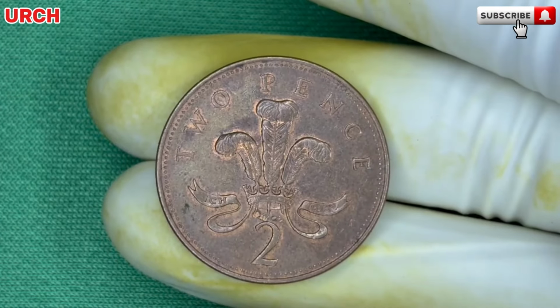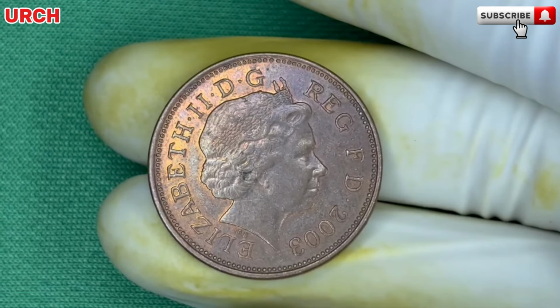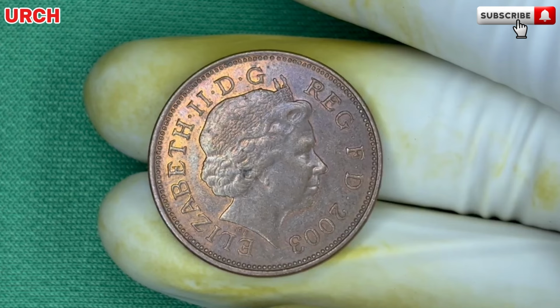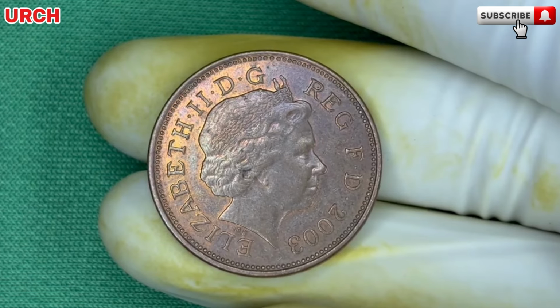It's small, copper-colored, and seemingly ordinary. But hidden within the 2003 mintage of the Elizabeth II 2-pence lies a coin so rare, so uniquely flawed and historically significant, that its value has skyrocketed into the millions. This is not just a tale of metal and minting, it's a story of rarity, mystery, and a royal legacy